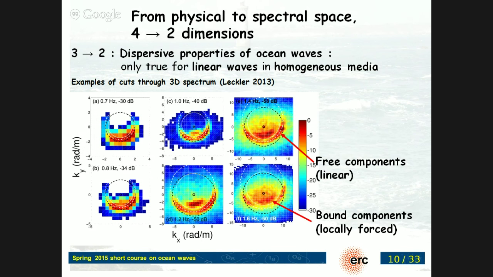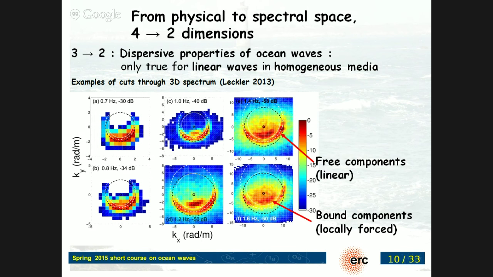And these are actual measurements from a stereo video system in which we take a movie of the sea surface which is moving, and then we can have a spectrum in 3 dimensions. We have these 2 horizontal dimensions of x and y, and then we have time. So we take a Fourier transform in all 3 dimensions, and that gives us a spectrum cube. Okay, and then we make slices with this cube, and the slices are done at a constant frequency.